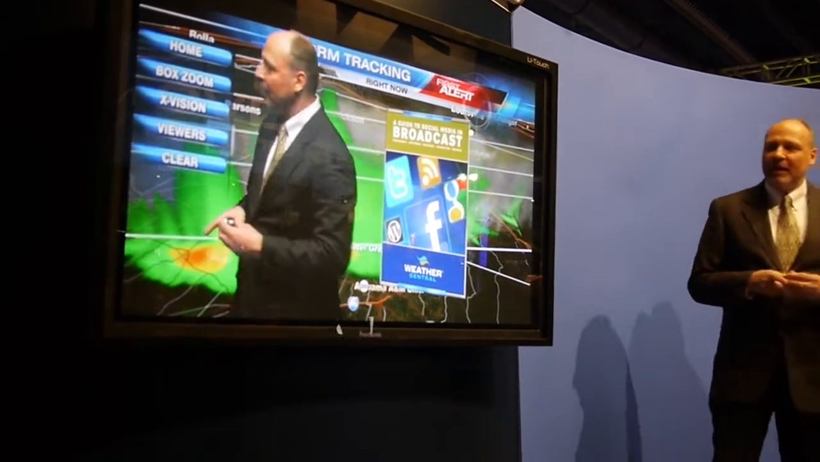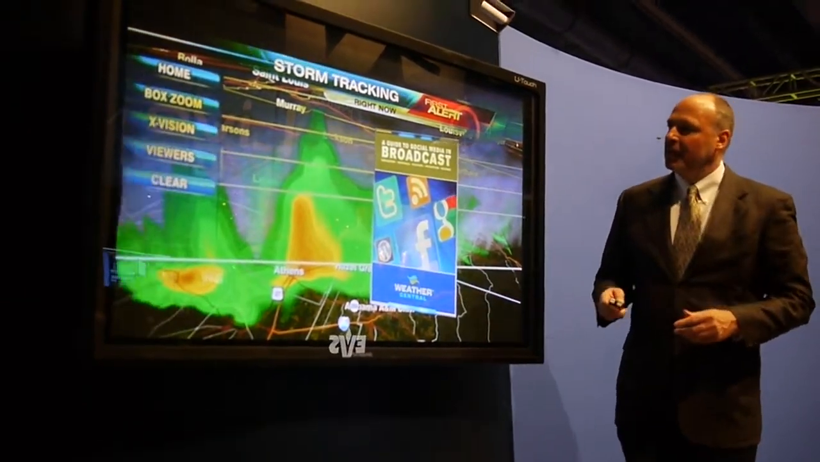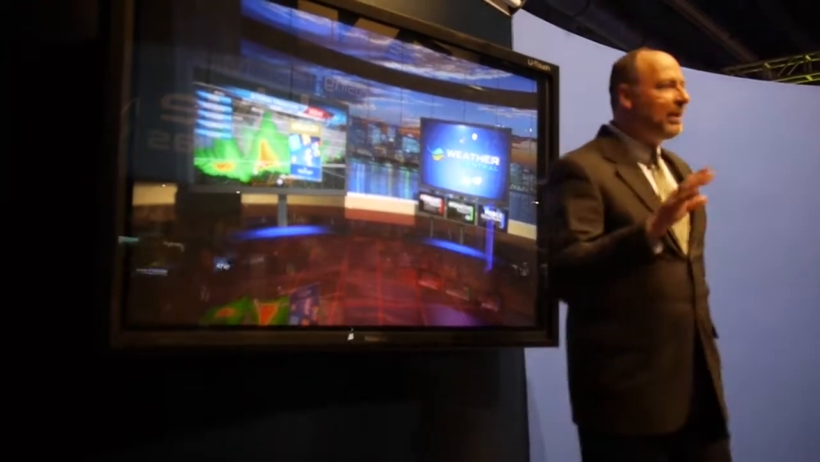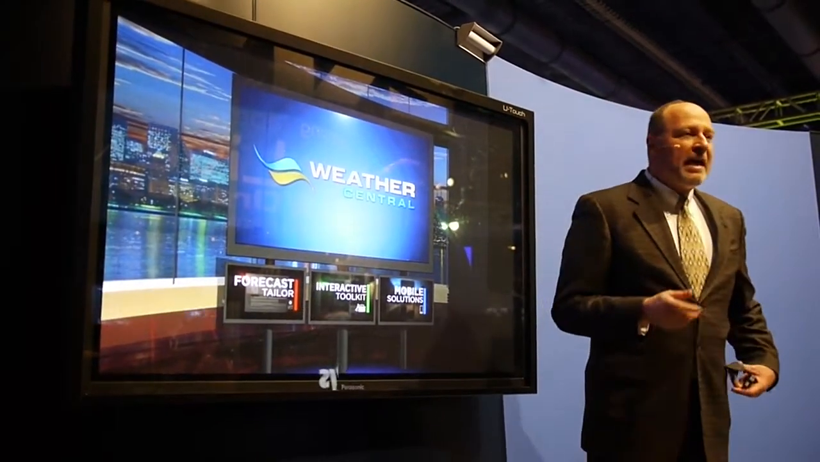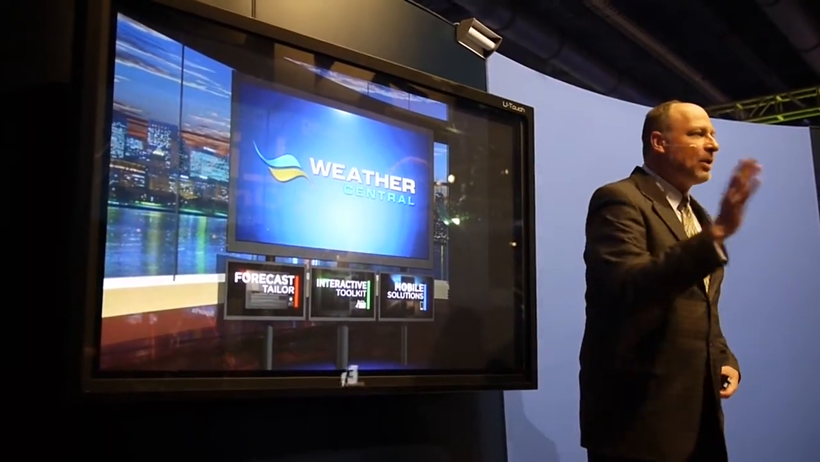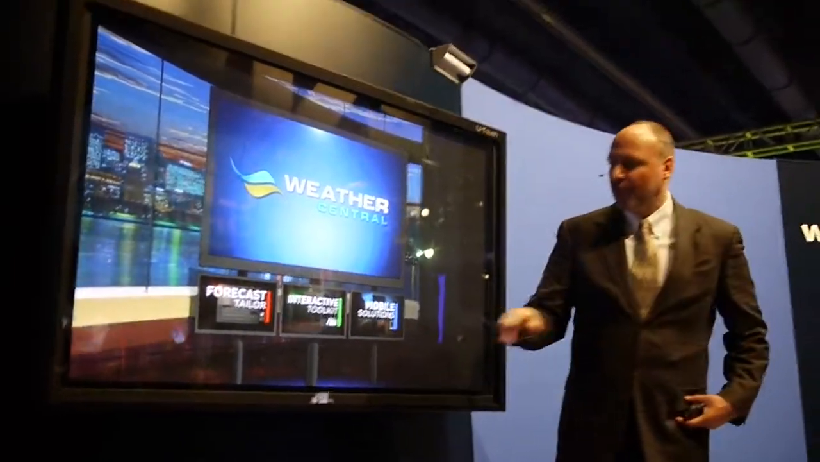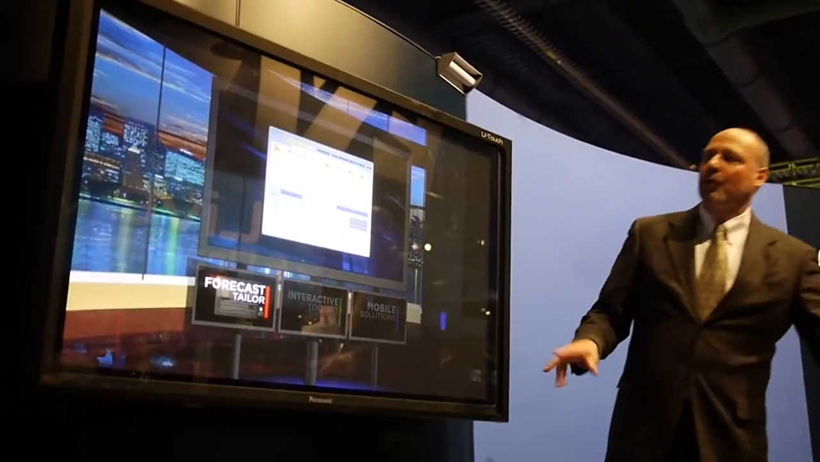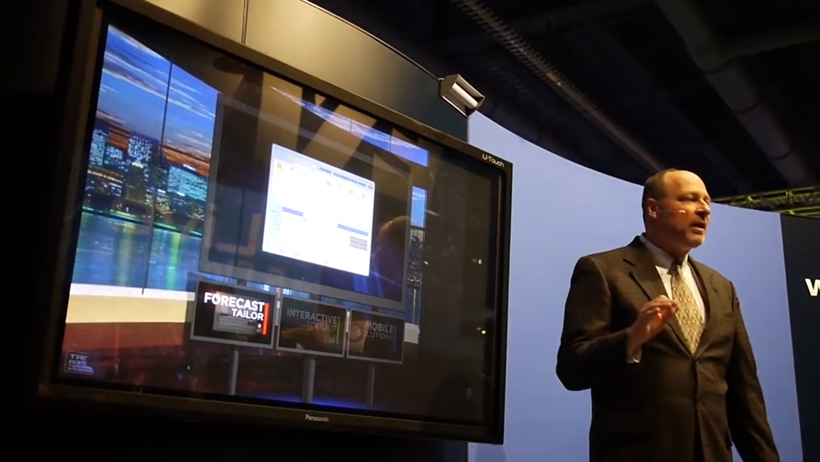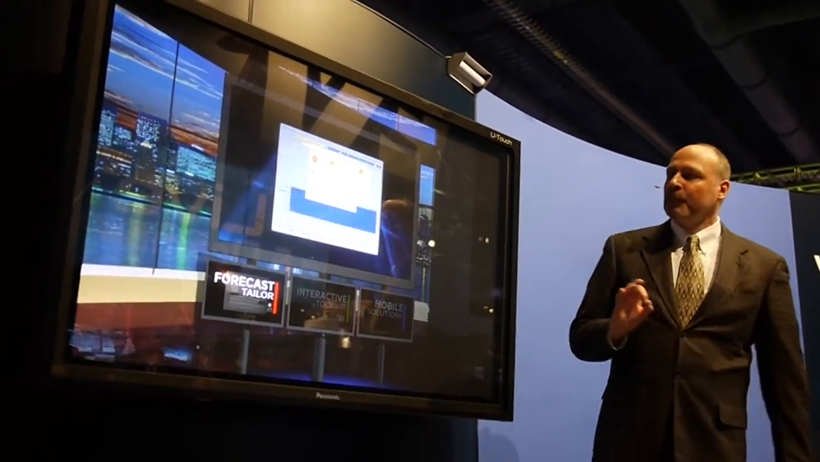All right, let's get back to the plasma because I want to talk about a couple of other things here and how we help you in that multi-screen environment. One of the biggest challenges in the multi-screen world is making sure you get that forecast on every screen, the same forecast. The meteorologist doesn't have to go into 3 different places to get the forecast on every screen. So we developed the Forecast Tailor. What it is, a web